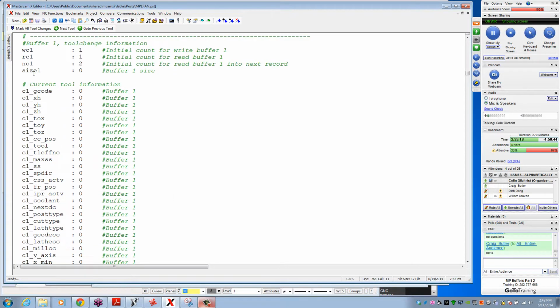If we look near the top of this buffer, we have our standard kind of variables, WC1, RC1. So the write counter 1, the read counter 1, and then we have NC1. And you'll notice that NC1 is initialized to a value of 2. NC1 is used as the next variable counter. What we do with buffer 1 in this particular post